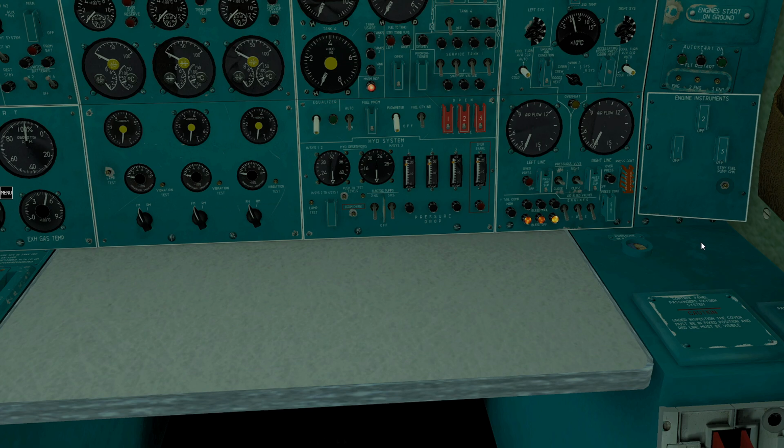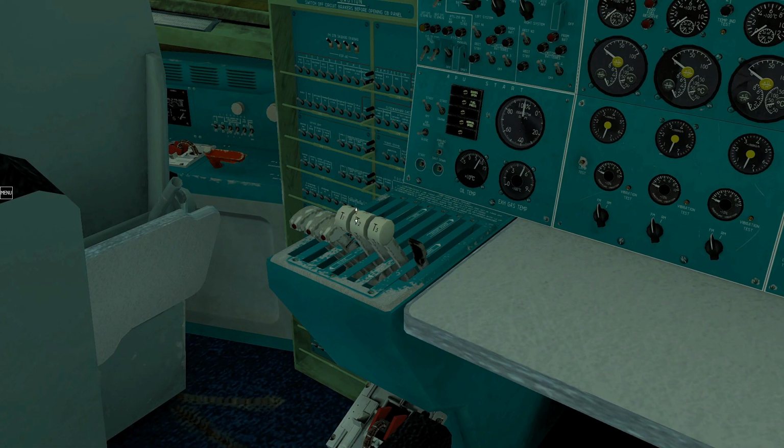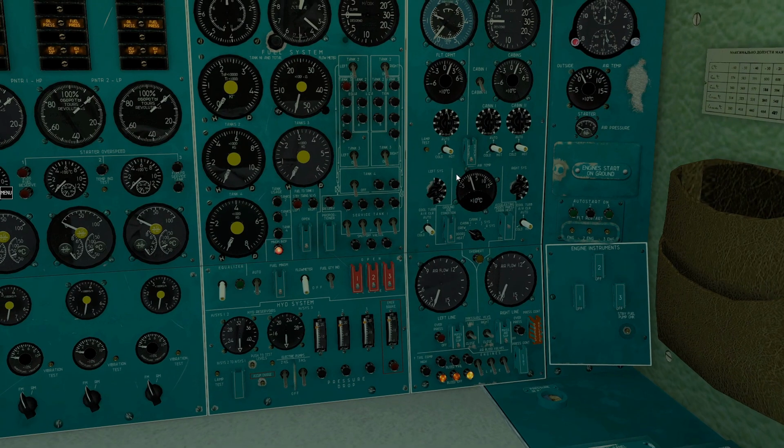Yeah, the technology is a little bit outdated. The flight engineer needed to adjust constantly. For example, when the pilots took away a little bit of thrust from the engines, the flight engineer needed to also adjust the pressurization, because they could feel it in the cabin and also in the cockpit, when all of a sudden they retarded the throttles. Now it's all done automatically, but back in the day...